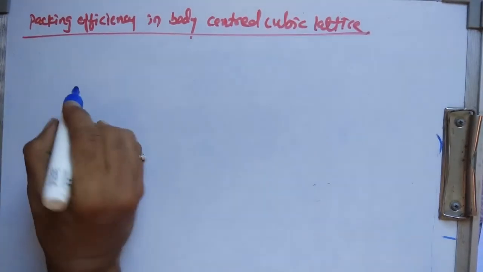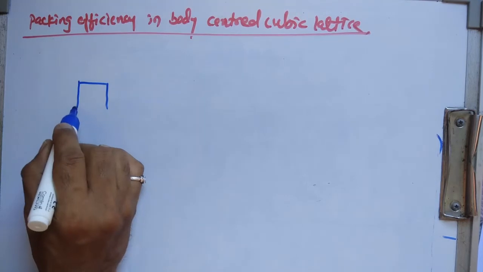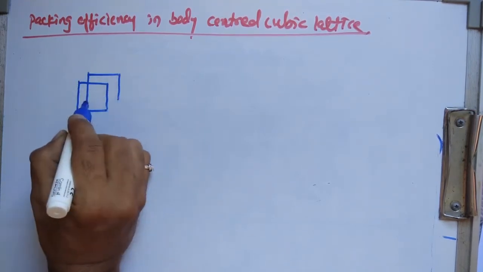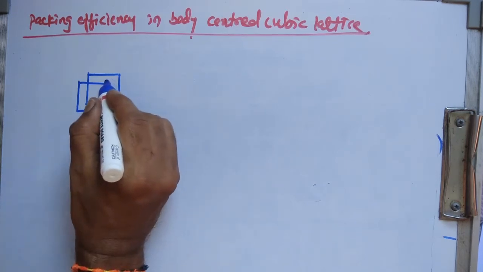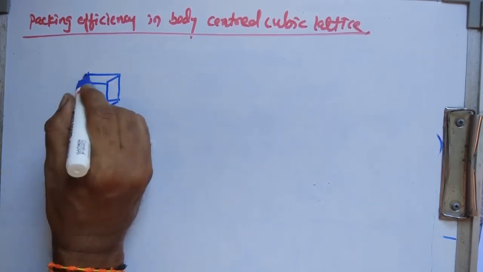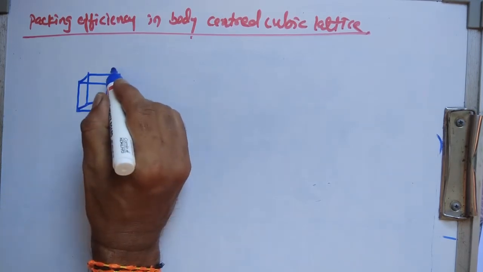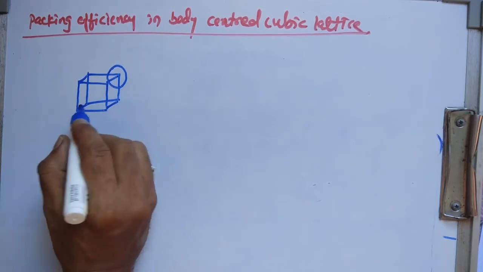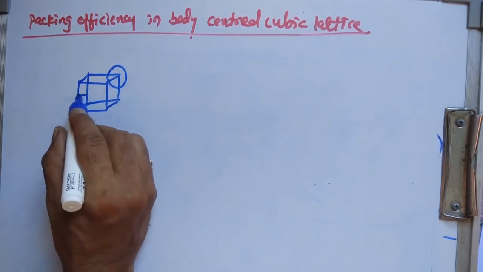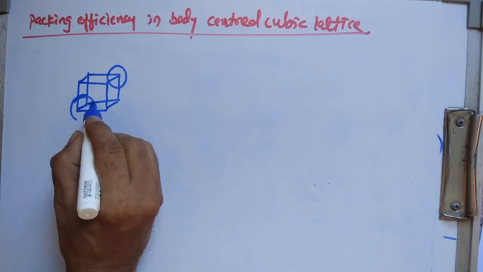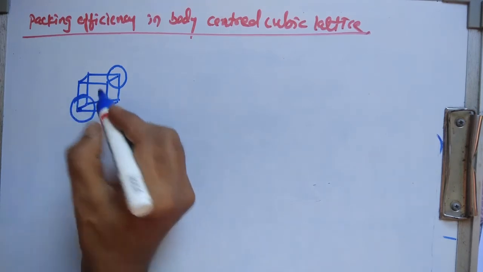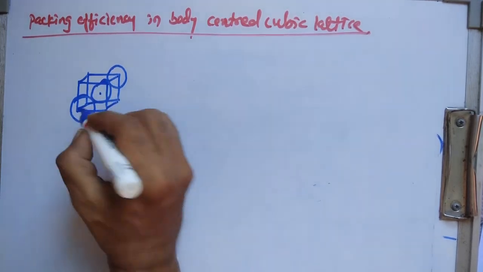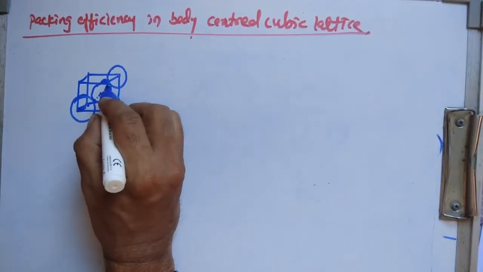I will just redraw it. One atom at this corner, back corner, and one atom at the front corner, in this way, and one atom at the center of the body. Okay, so let us join this,